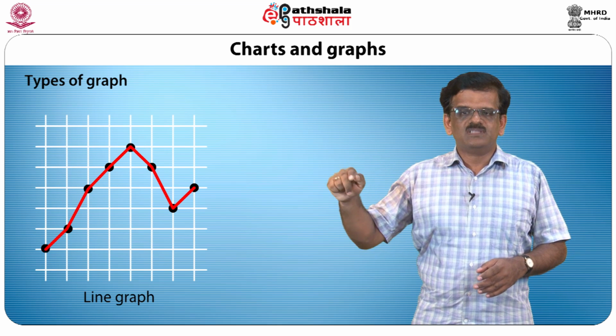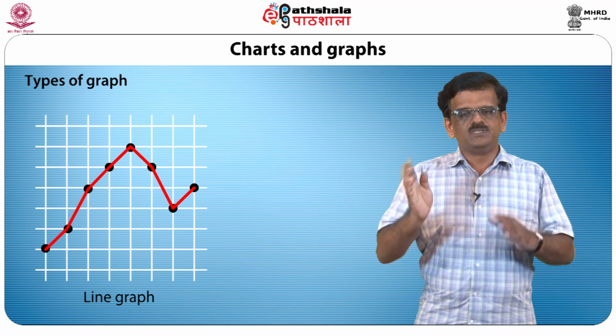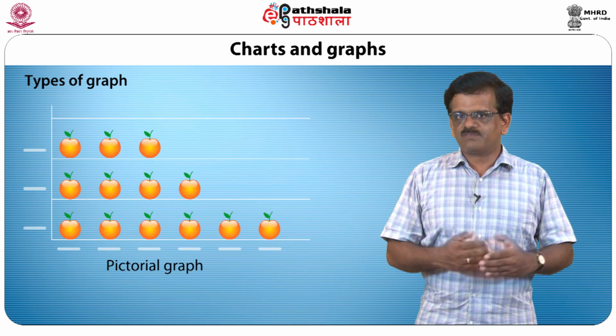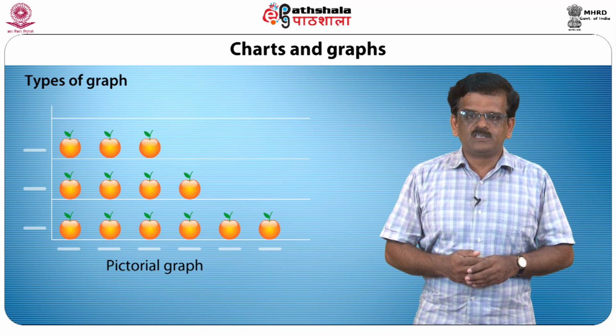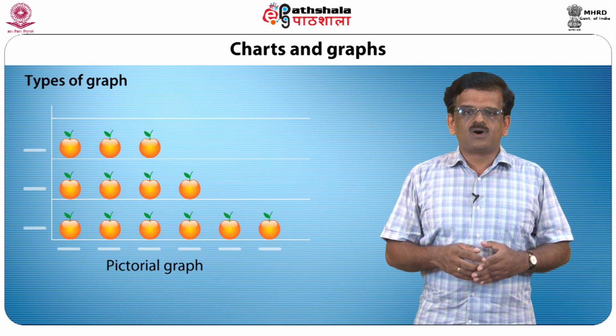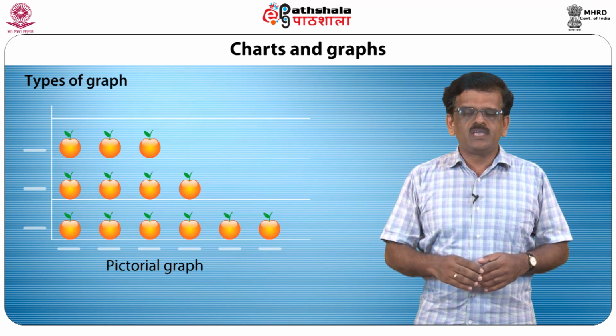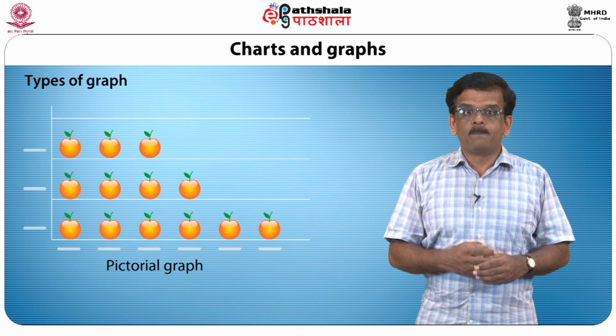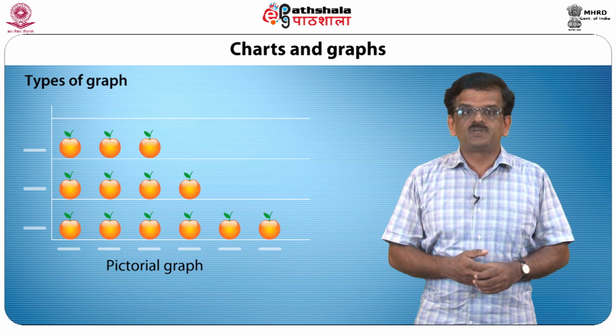line shows the trend and the relationship between two different aspects or two different phenomena. Pictorial graph. A pictorial graph is nothing but a bar graph where the numerical units are represented by a simple drawing or a picture. Pictorial graphs are more interesting and appealing to a wide audience, especially for children and